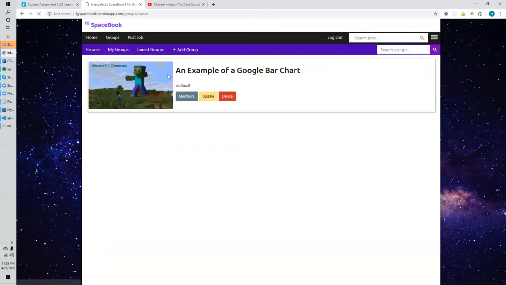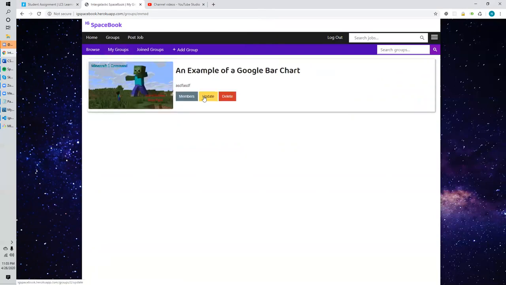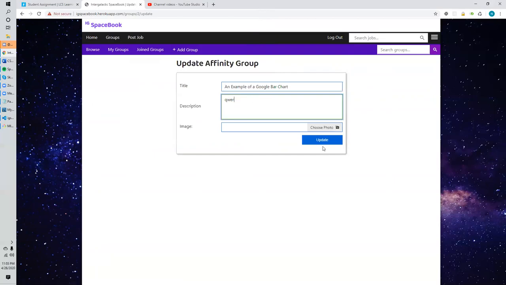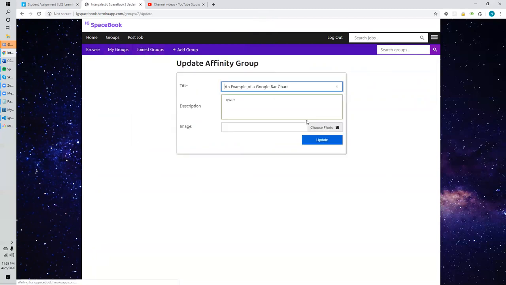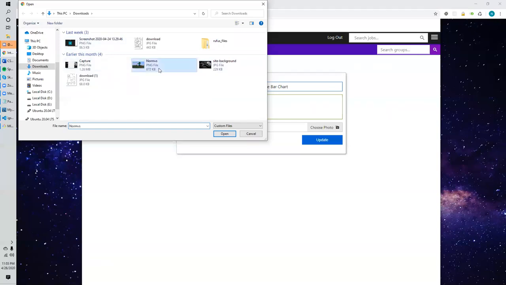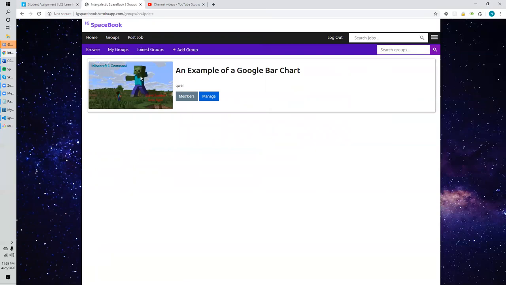From here, we can look at the list of members. We can update it if we wanted to. And so the image does go away on an update. That's, again, a problem that we're going to need to fix. So you would need to choose the same image again. Let's see if this works. Images was kind of giving us a problem. There it is. So you would need to continue on with that,